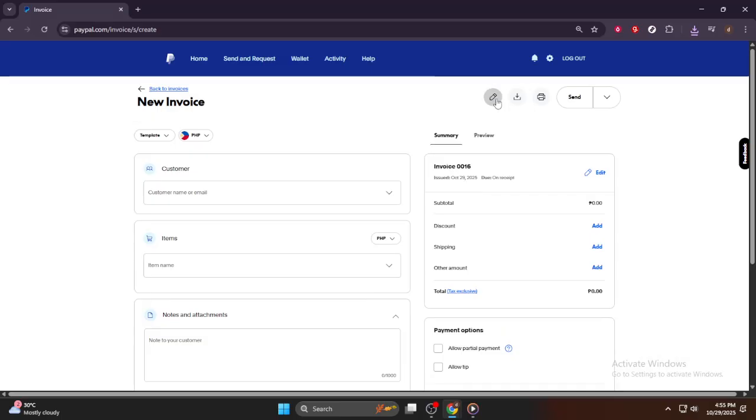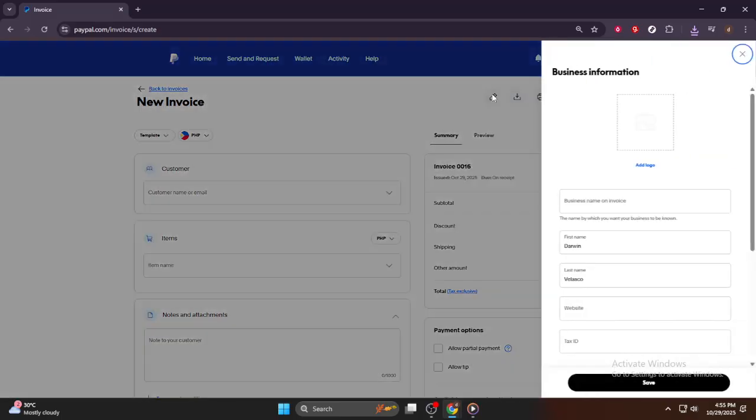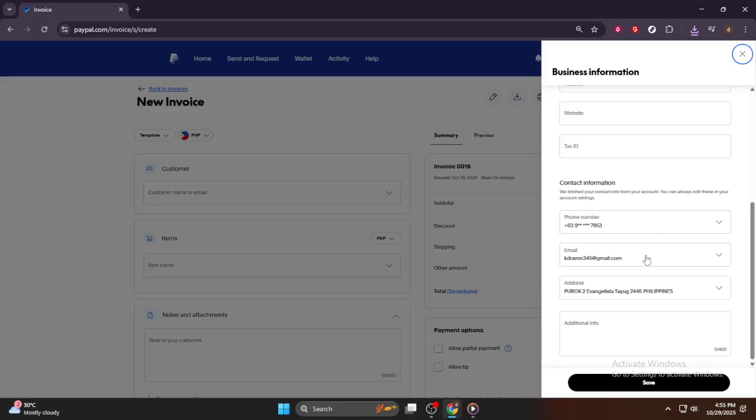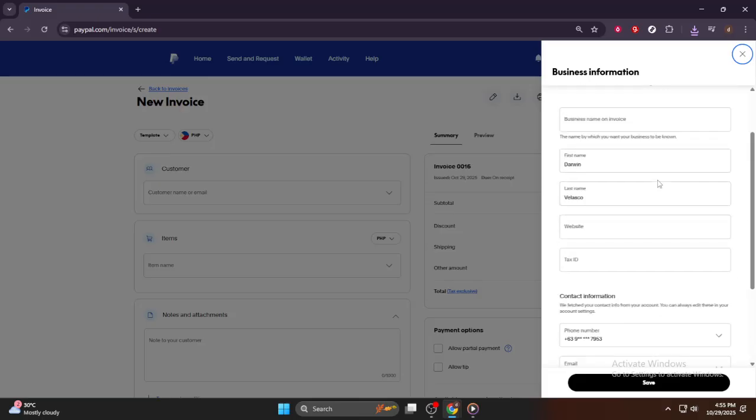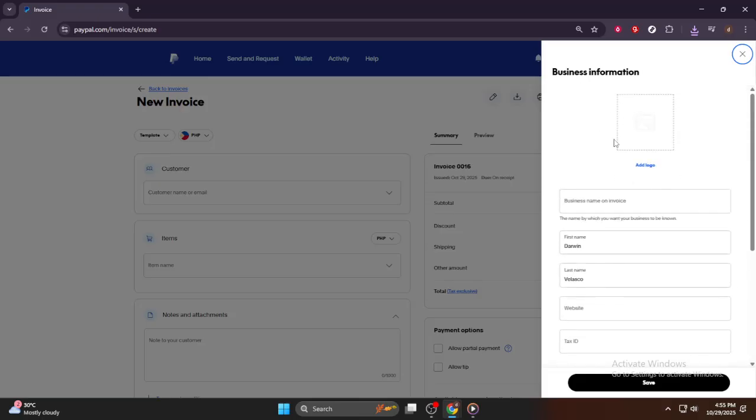Now that you're in the right section, you'll see an icon resembling a pencil. This symbolizes the edit function. Hover over this icon and click it to open up the editing options for your invoices. Clicking the pencil icon is your gateway to altering any field on your invoice, making it core to personalizing your